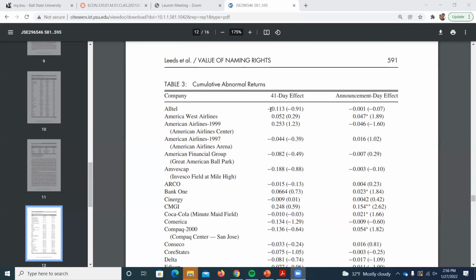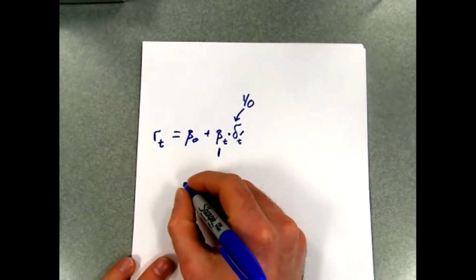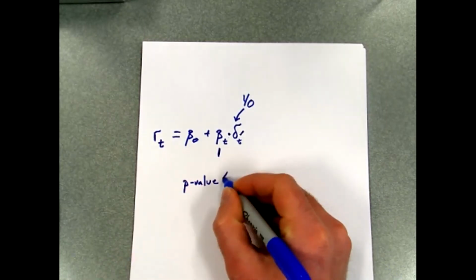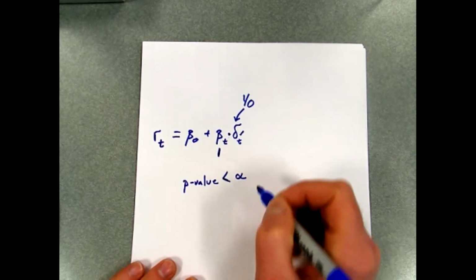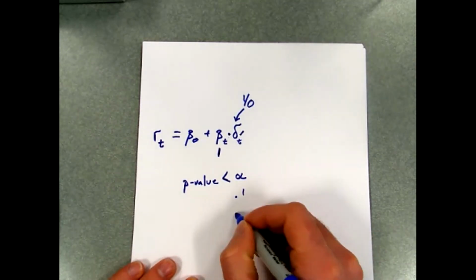Because now we've given that company 41 days to increase how much they're selling, or increase the price they're selling it for, to increase revenues, that should then be factored into their stock price. Okay. So what's interesting, and here is where last week's paper was kind of a pain, but I kind of mentioned, when we're thinking about whether these impacts are any different from 0, we're really looking to see is the p-value less than alpha. Right? Our alpha levels were 0.01,